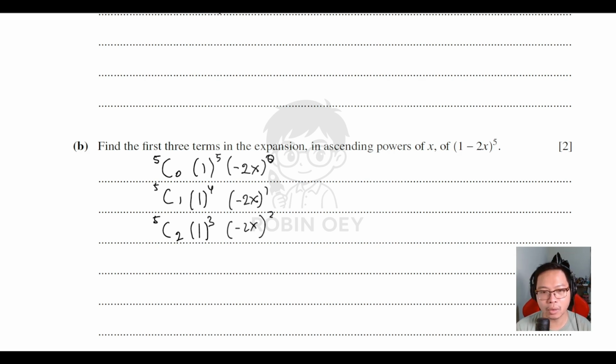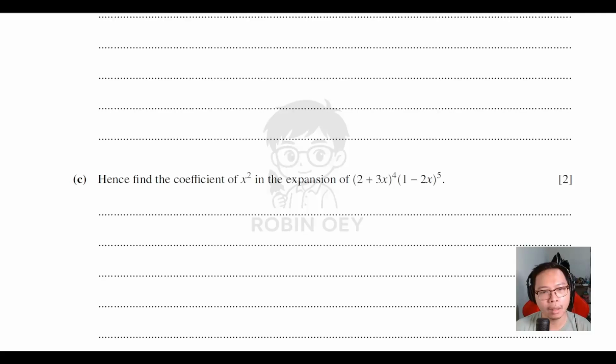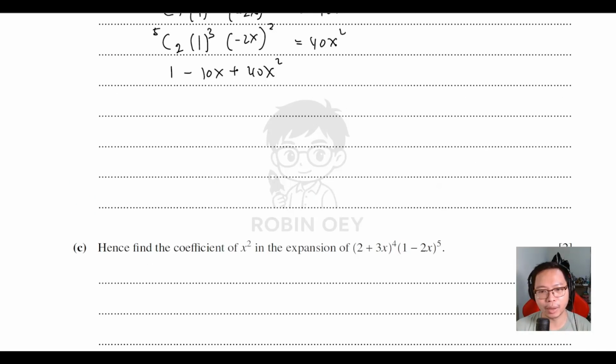Okay, so here I will get 1, -10x, and 40x squared. So 1 - 10x + 40x squared. Okay, so that is for B. Coefficient of x squared in the expansion of, okay, both of them are multiplied together. So